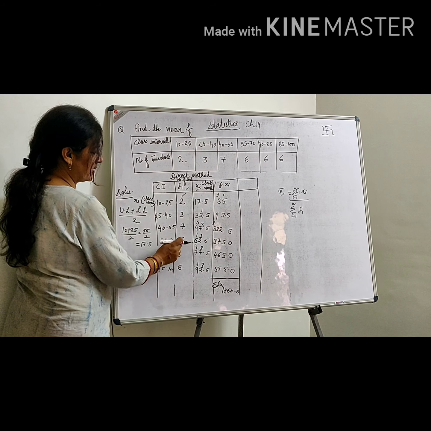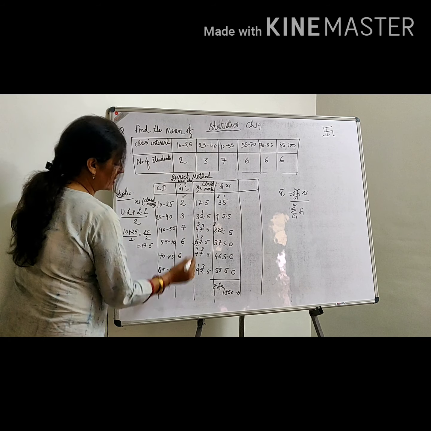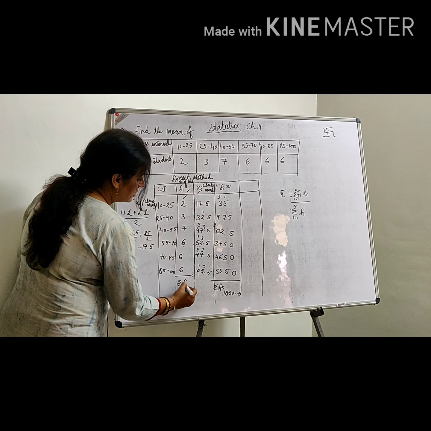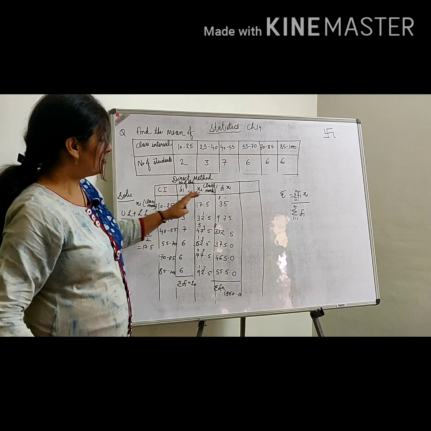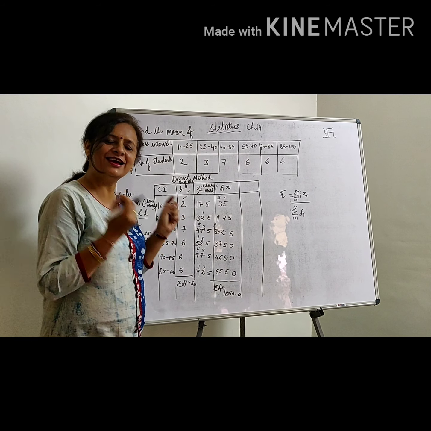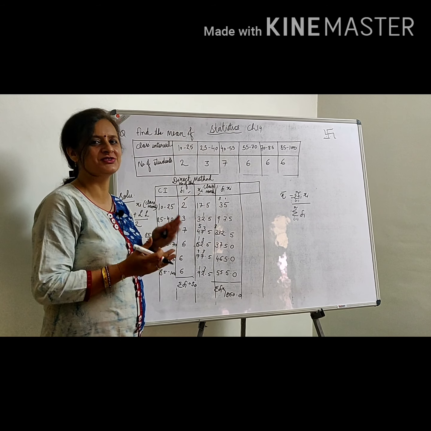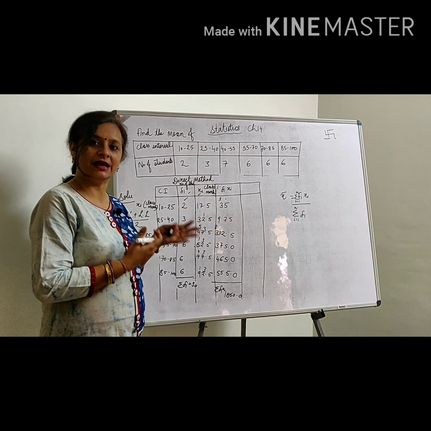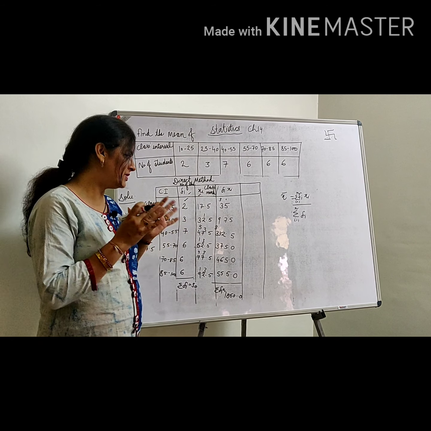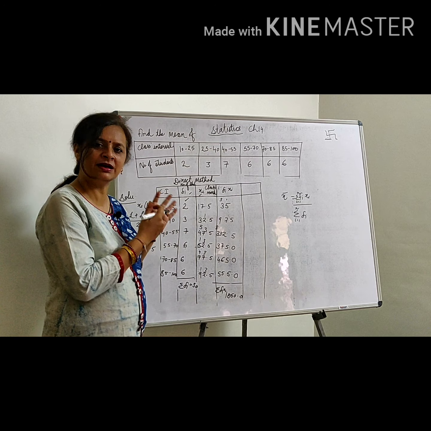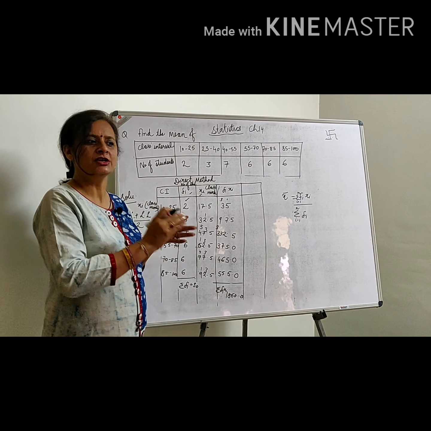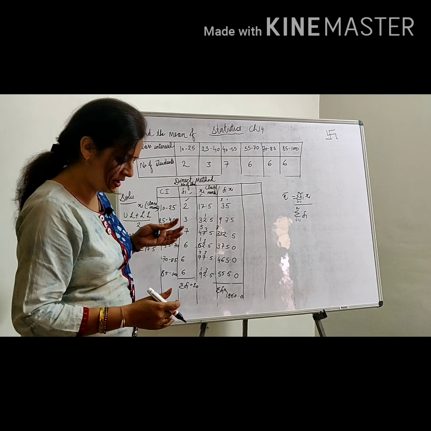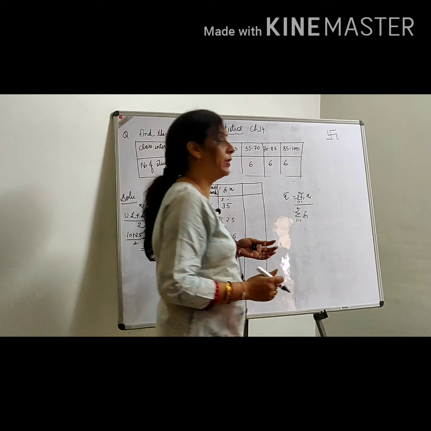So you need summation of fi also. That is 6 plus 12, 18 plus 2, 20 plus 10 is equal to your 30. So the question is very easy. The problem is if there is a little calculation mistake, then the whole question is going to be wrong. Of course you will get some marks but not the full marks. So be very careful about doing the calculations. Do a lot of practice. Do so many questions so that your calculation becomes fast and there are very few chances of error.